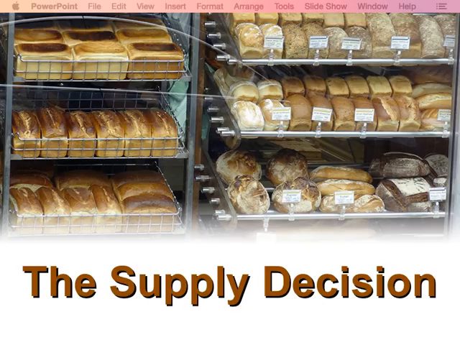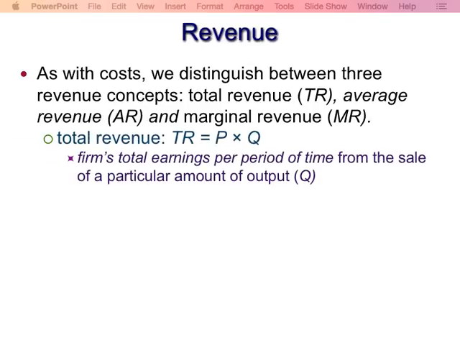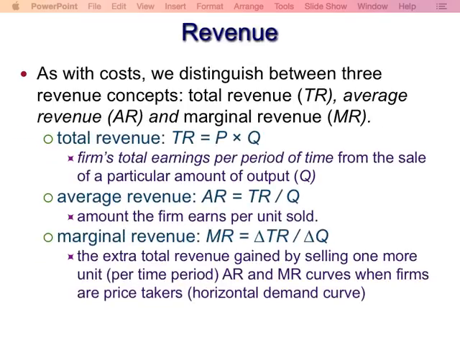Supply decisions again. And this time around we look at revenue. Last time we looked at costs, the behavior of costs in the short run. We start looking at the short run behavior of revenues this time around. But let's do a quick recap of what we did last time so that we are in the same group.